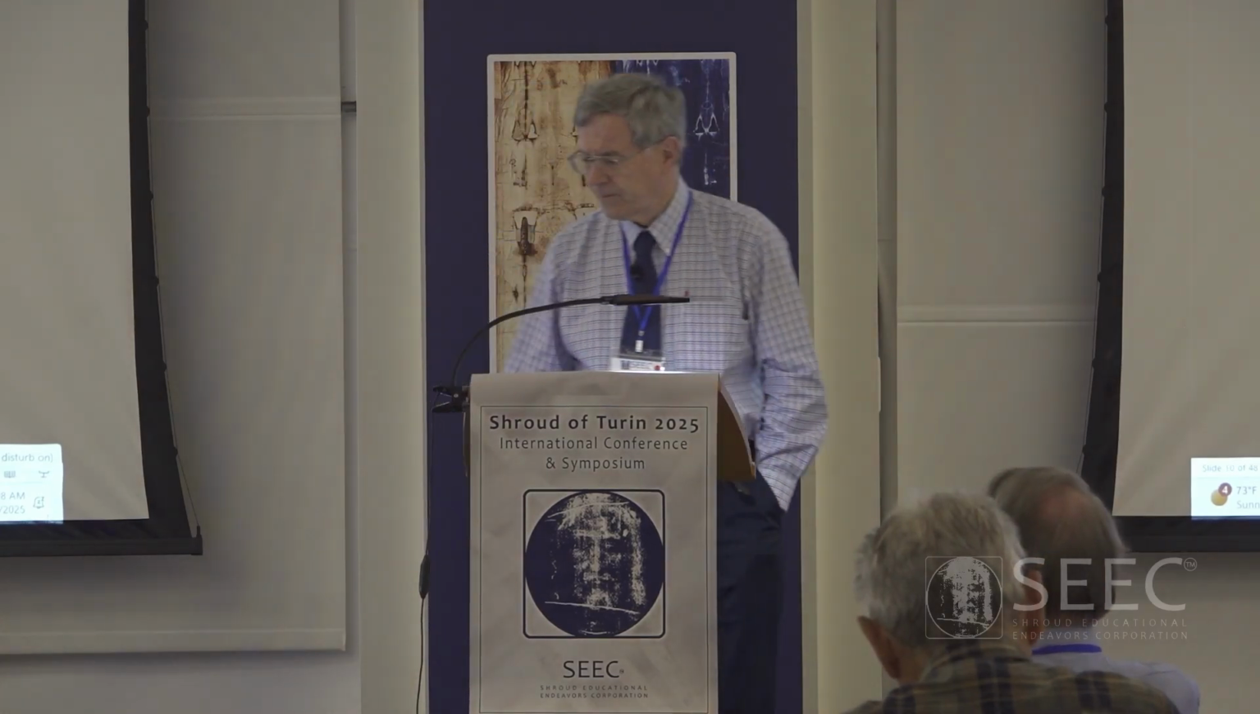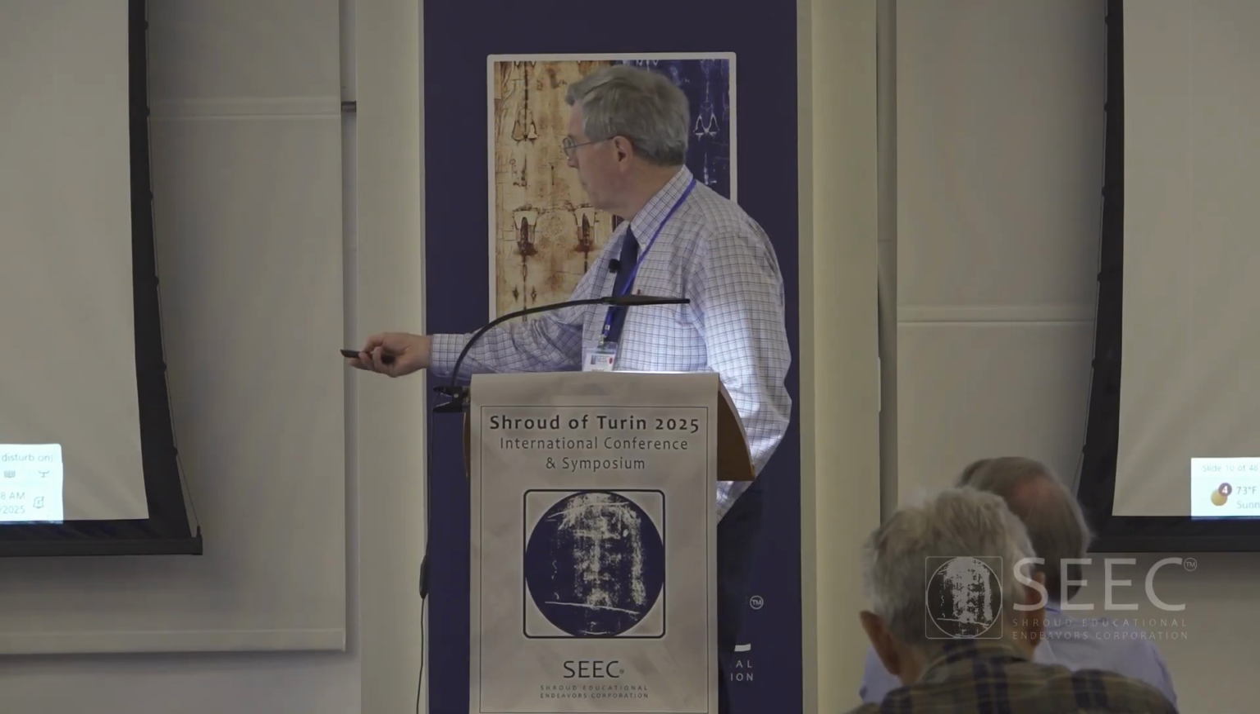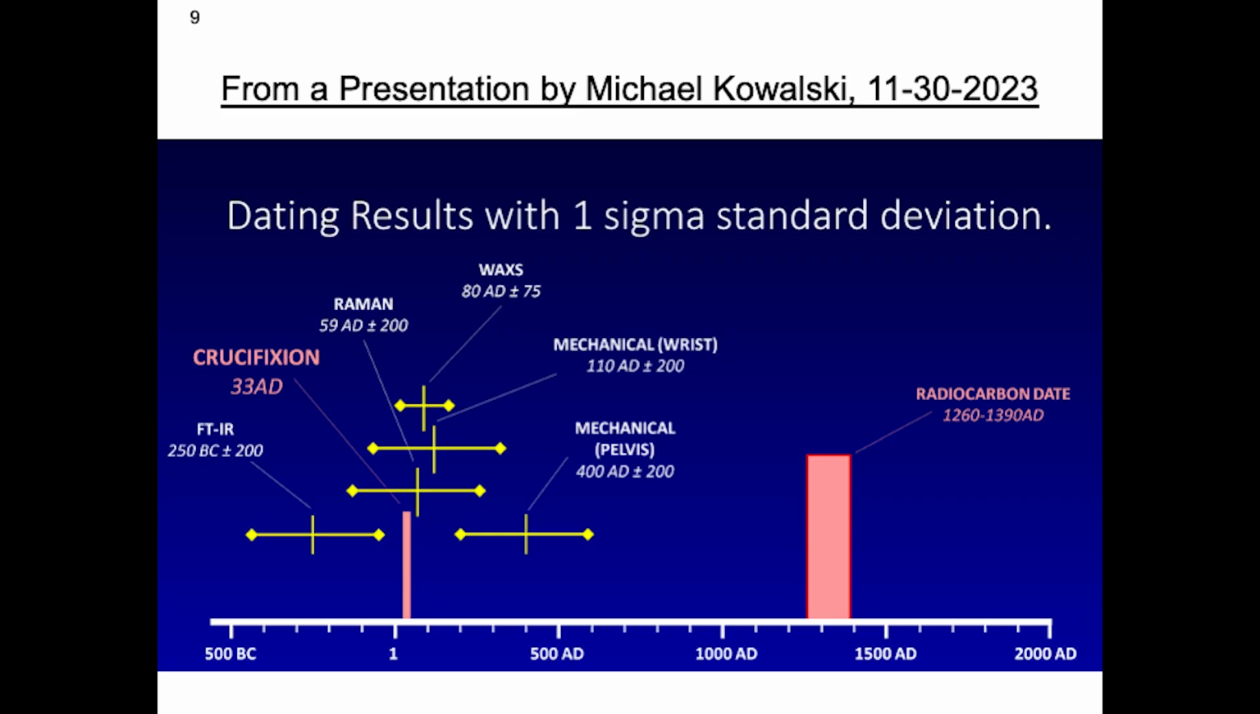And then we have, switch here, multiple more modern dates. Along the x-axis we have the date. The width of this represents the carbon dating between 1260 and 1390. This is where the carbon dating is. Over here is where Jesus' death is, about 30 to 33 AD. This is a slide that was shown by Michael Kowalski at a conference in Brescia, Italy,